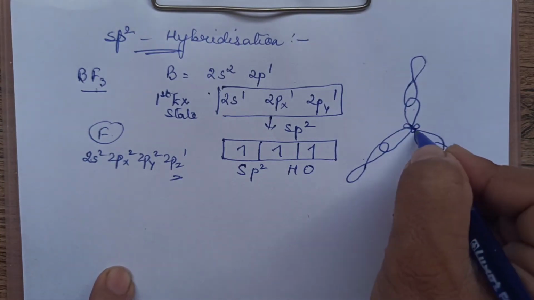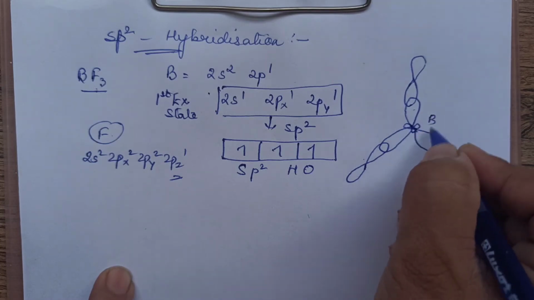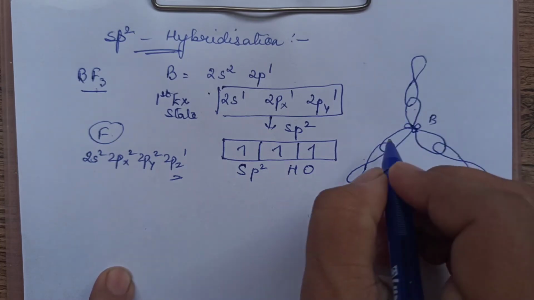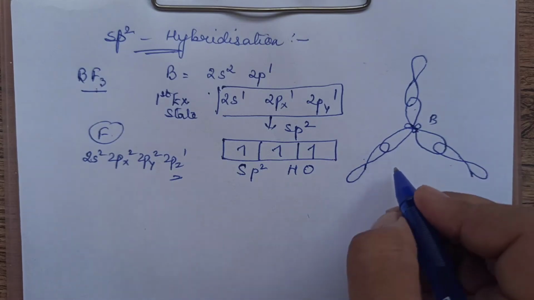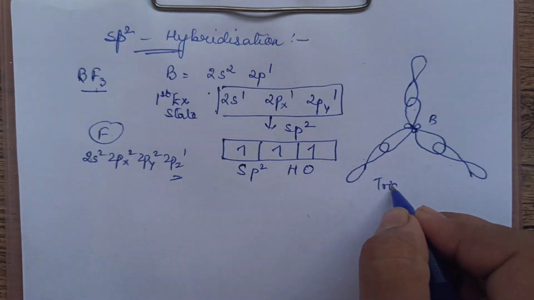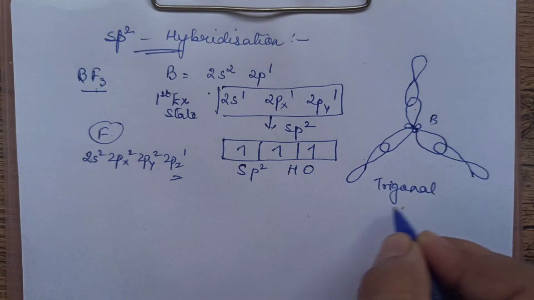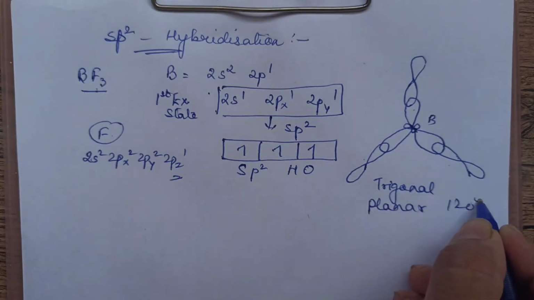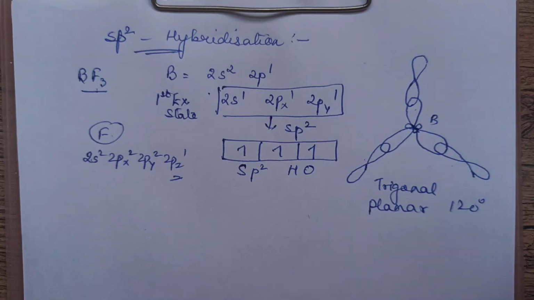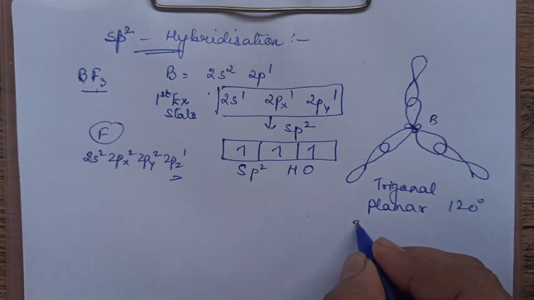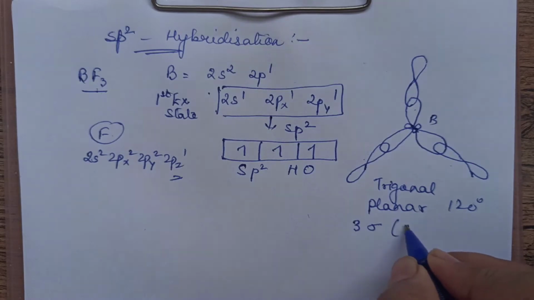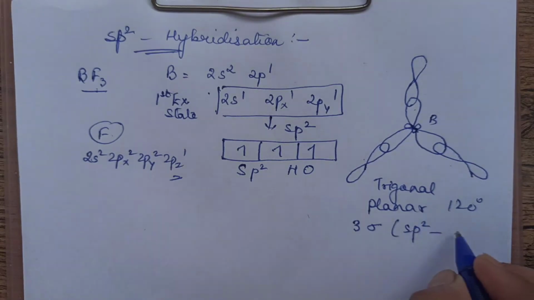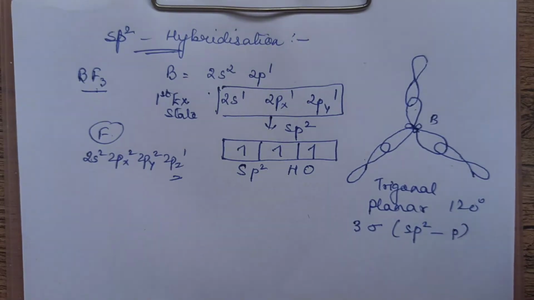So this central one is boron. There are 3 sp2 hybrid orbitals and these 3 are p orbitals of fluorine. So the shape is trigonal planar. Bond angle is 120 degrees. Okay, bond angle is 120 degrees, and we say there are 3 sigma bonds of the type sp2-p sigma bonds. Okay, sp2-p sigma bonds. Clear? Now let us take one more example of